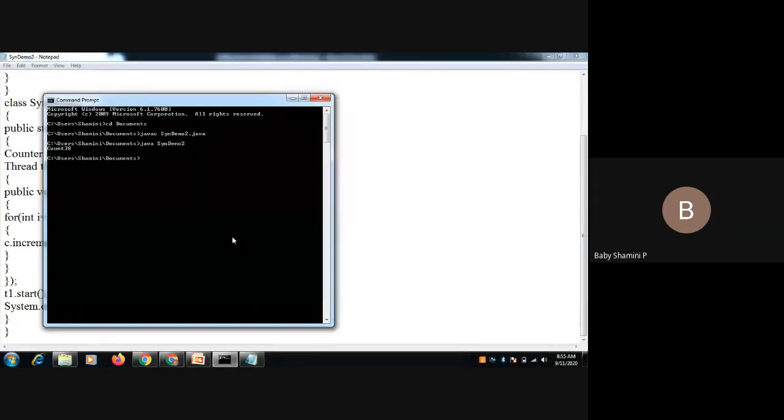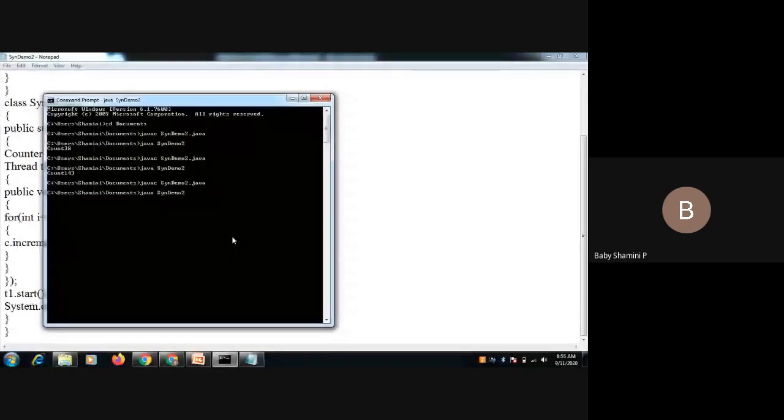So what is the output? Count 32. We'll check again. Count 143. We'll check again. The count is 0. So in each and every execution, the count value changes. Why? Because here we have a user defined thread, that is t1.